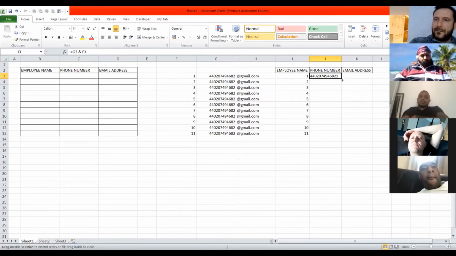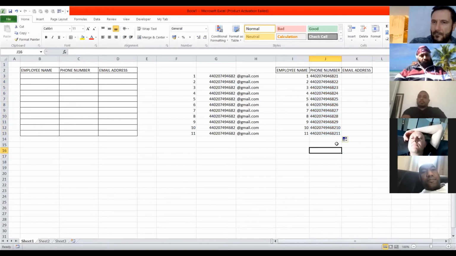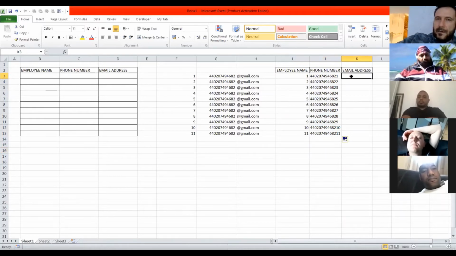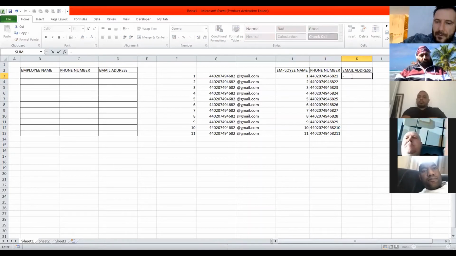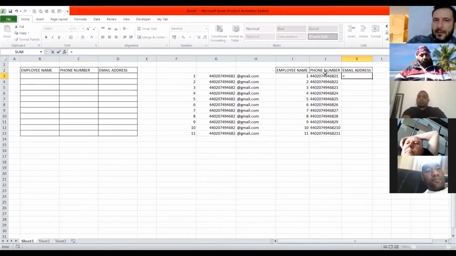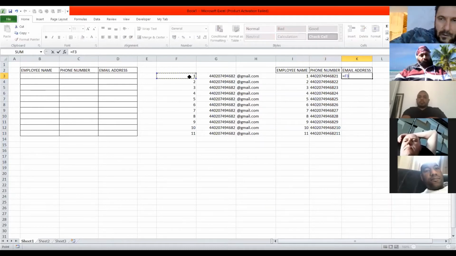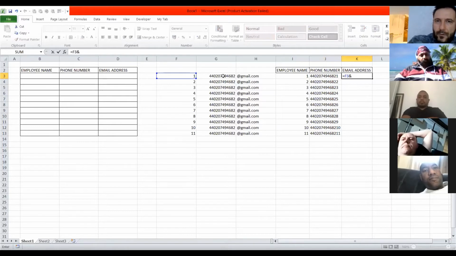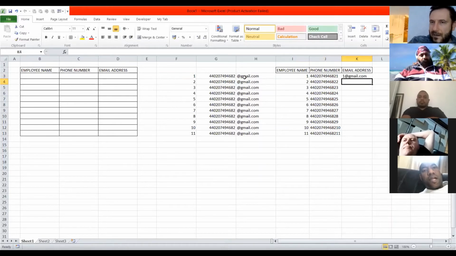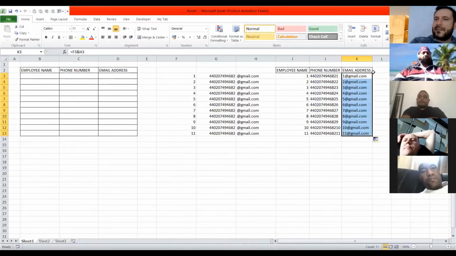So now we'll do the same thing as before. I'm gonna drag it from the corner, and it's gonna copy the formula, and we're gonna have all the numbers there. Okay, so we're gonna do the same thing with the email. The first part of the email is gonna be the name of the person, so this one. And after we put again the ampersand, and after we put the gmail.com. We quickly create the same thing, we drag it down. Okay, so now we have the database ready.